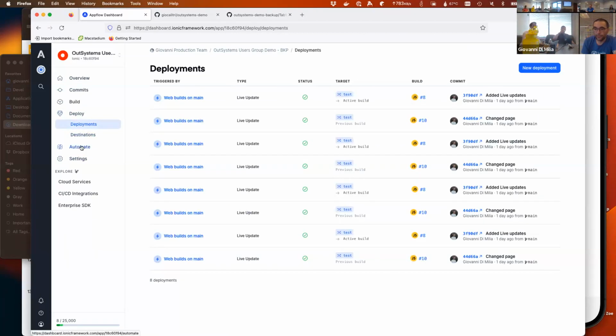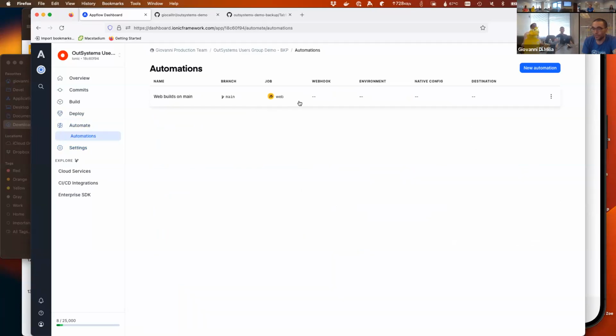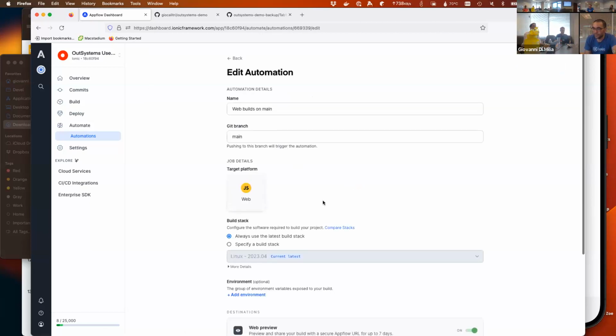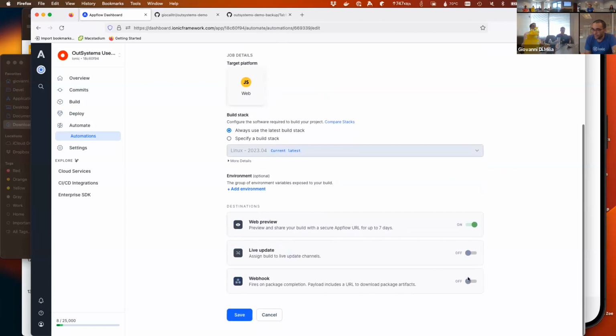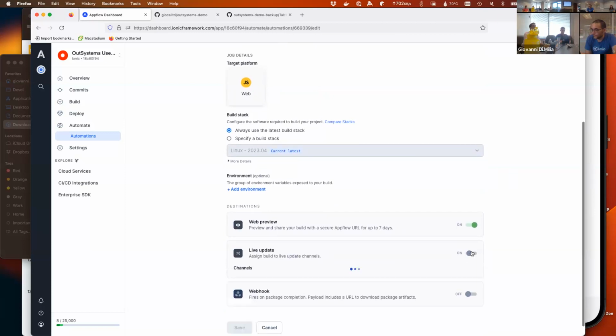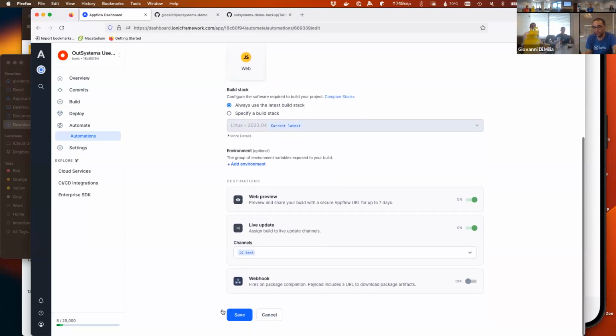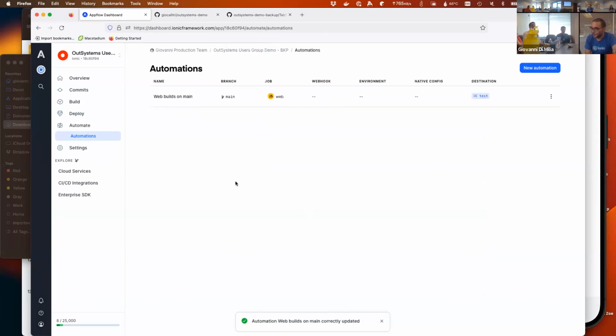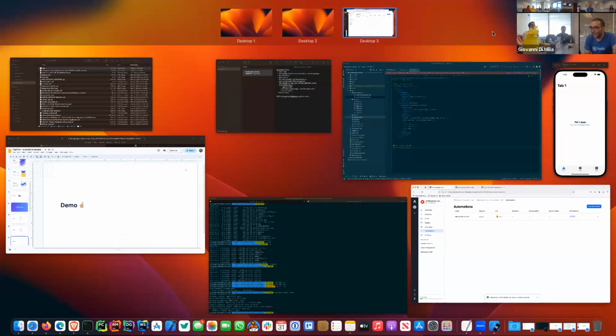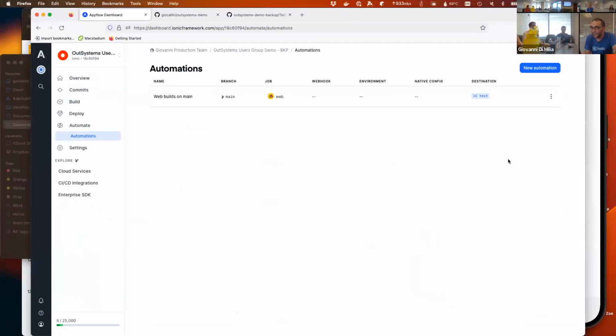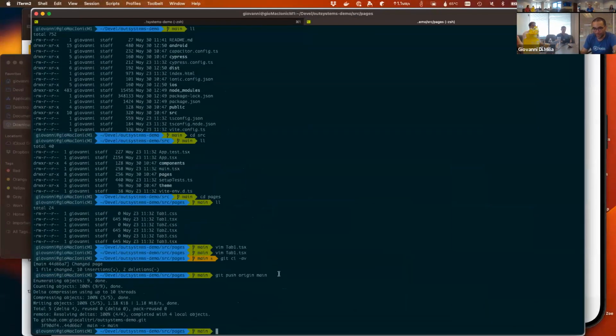Let me see, just to show that yes, it's on main and edit. I want to auto deploy to test. I'm doing something I should never do, I know, but anybody should do. It is trying something live. So let's see. Okay, this is code.